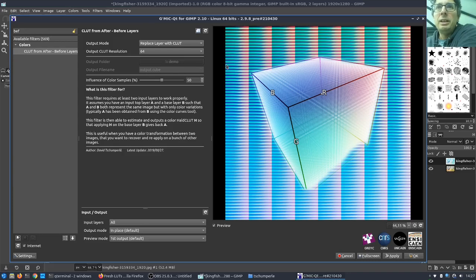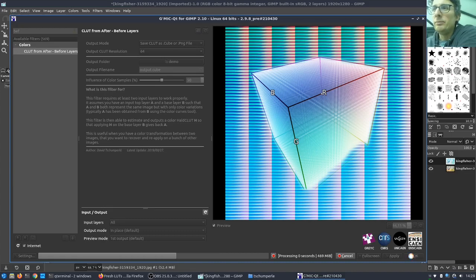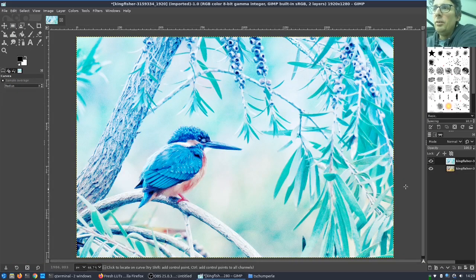So let's say that I want to output this CLUT as a cube file. I choose this output mode, save CLUT as a cube file, and I will set, for instance, the file name output.cube, and I click OK. Mainly you won't see any difference because the filter just saves the cube file in the folder you specify.